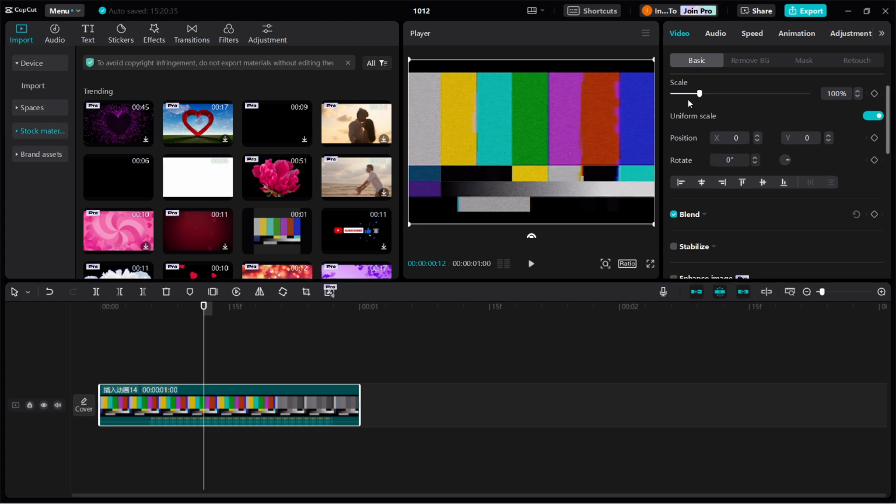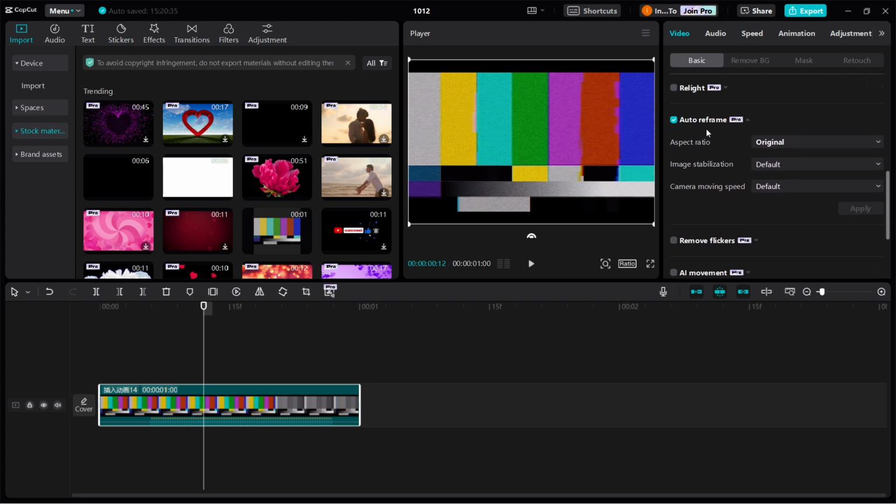and then you want to scroll down a bit until you see the auto reframe option. As you can see, it says it's Pro, and to turn it off, simply press this check mark over here to turn it off, and it should be grayed out, and that's it. So it's now turned